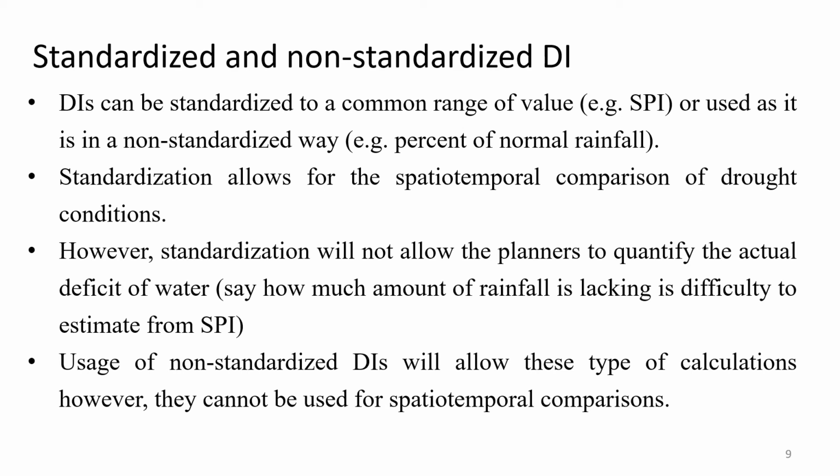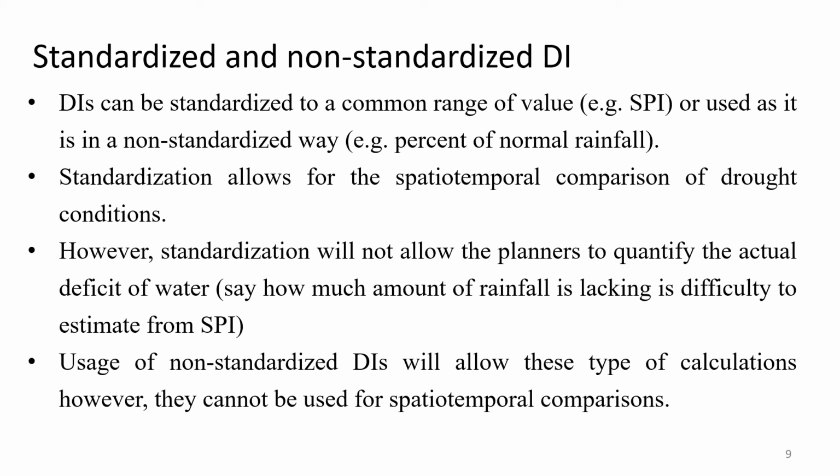one more example we have seen is percent of normal rainfall. Its value will change from time to time, place to place, etc. Say the normal rainfall for the month of January defined for Chennai is totally different from the normal rainfall defined for a city near the Western Ghats, such as Mangalore or Suratkal, or it is totally different for Ahmedabad in Gujarat, and so on.